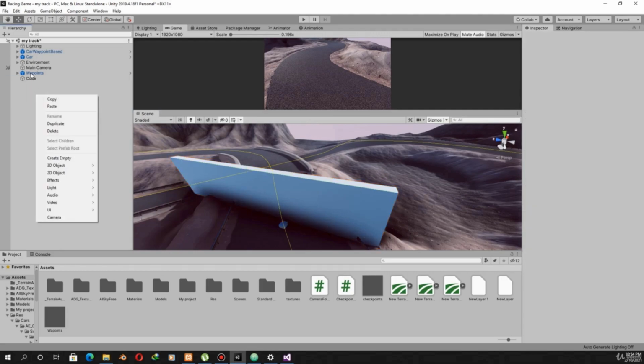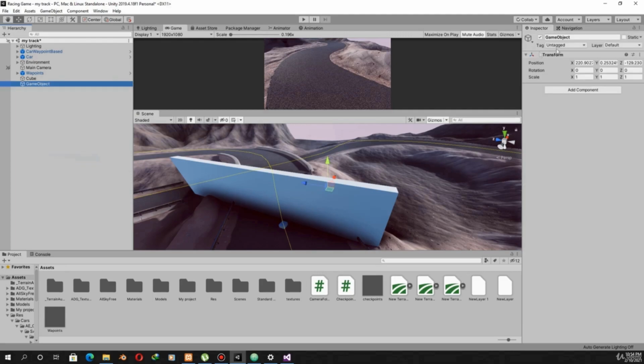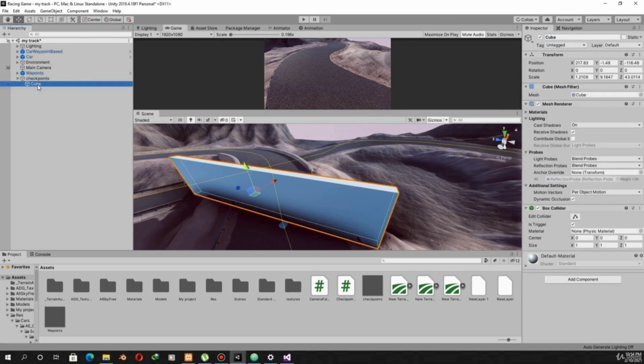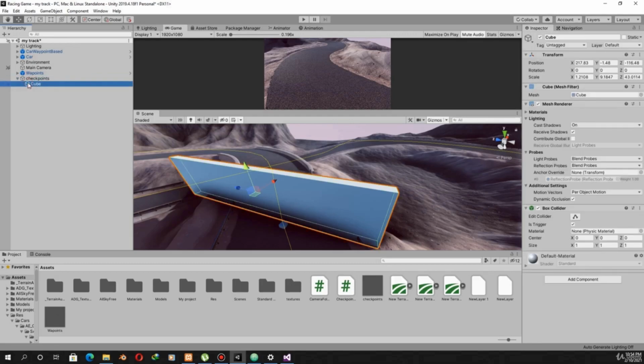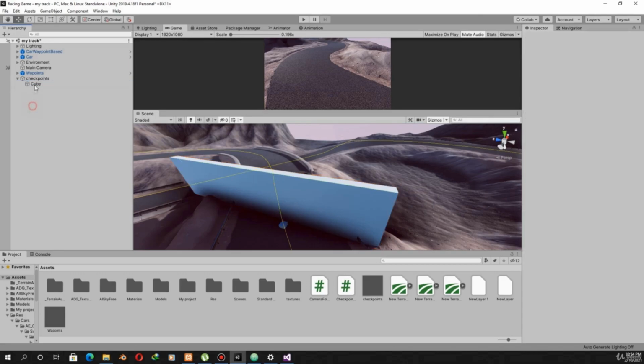Now in a similar way to how we created a parent game object for waypoints, we will create a parent game object, and I will reset its transform, and I will name it checkpoints. Now remember that the name of the checkpoints is important here.